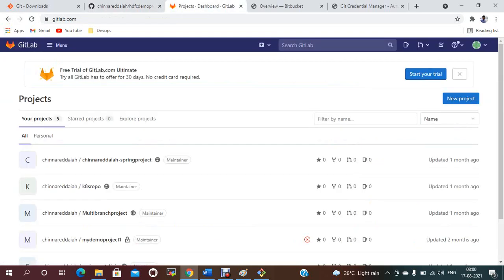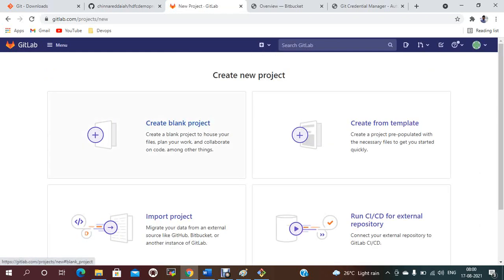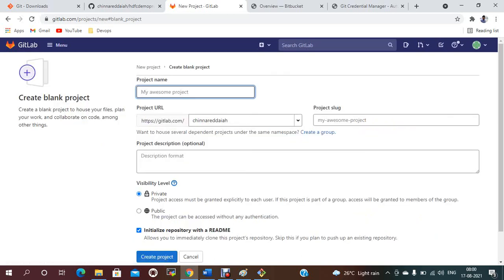Same thing, we can create new repositories under GitLab also. Now everyone is mostly using GitLab. So for that you just need to go to repositories here. So you can create a blank repository. Same thing. Before creating the repository, you just need to create users and groups. Okay. So for a specific group, people can use this repository for specific things. Okay. So you just need to give the same thing like